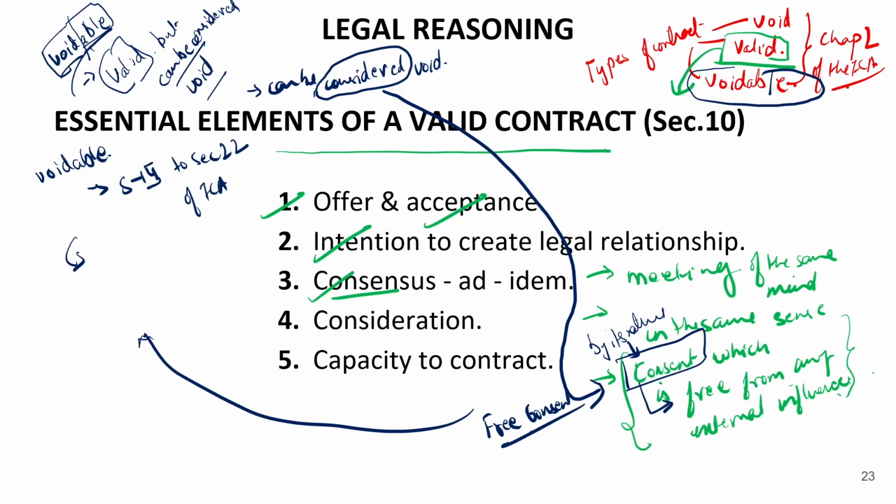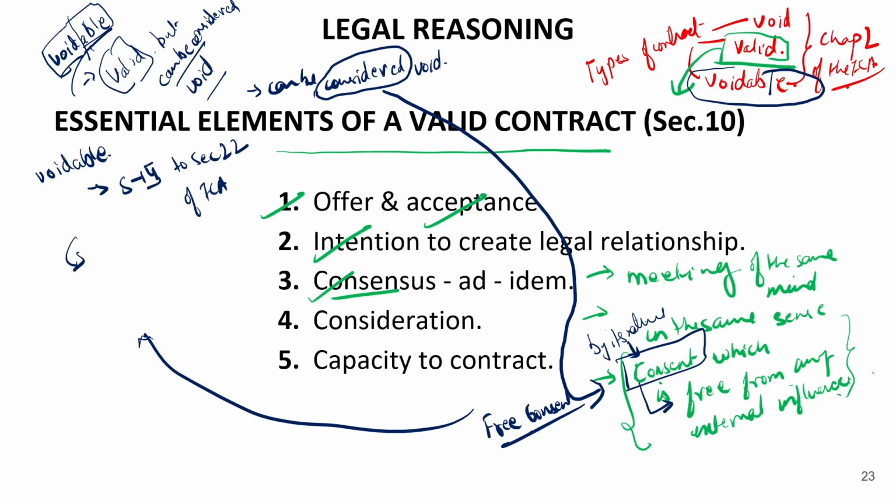So what are those grounds which are essential that CLAT aspirants should understand? Because how it will appear in your question paper is that there will be an unseen passage with a factual description of a problem, and they will ask you whether X party's or Y party's consent has been given freely or not. And by analyzing the case, and perhaps it is the most important portion of your contract syllabus, apart from the essential elements of a valid contract, what are the grounds over which